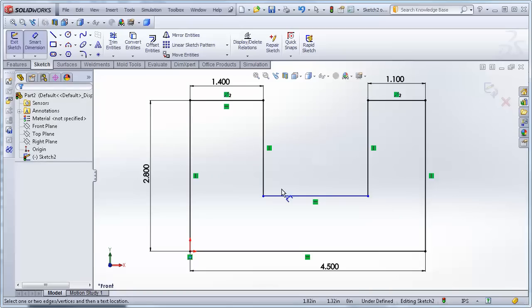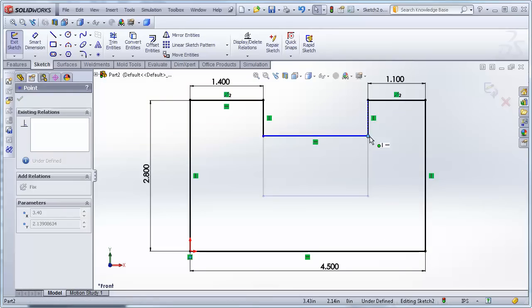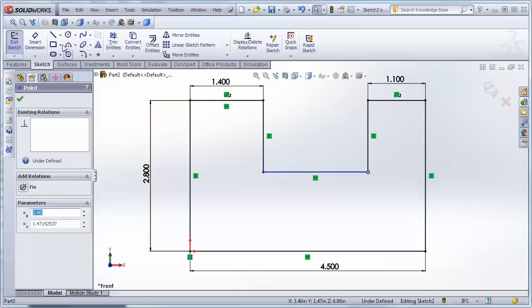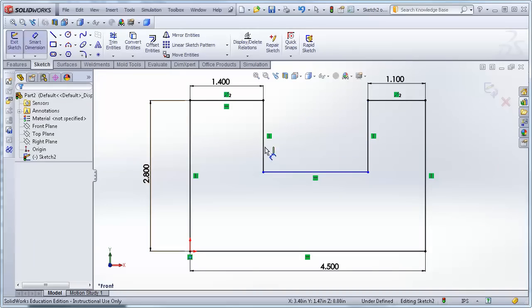And then what do I have that is not fully located? If I try to drag things, it'll tell me what's movable, and this is merely movable up and down. And so let me define a smart dimension of